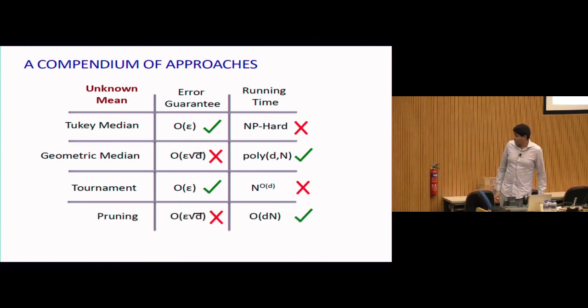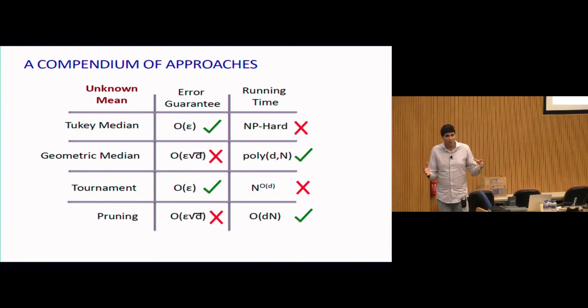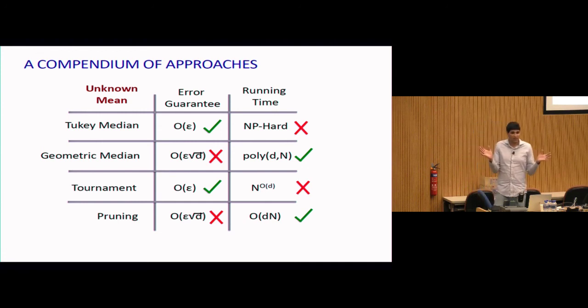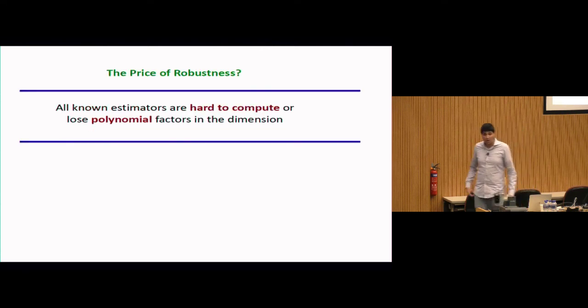And there are even more basic things you can do about pruning, because essentially a high-dimensional Gaussian looks like a uniform distribution over some thin spherical shell where the radius is root d. So if you just throw away points that are just wildly far away from the others, you would end up getting something that's polytime, but you would lose the same root d factor in your robustness. So I'm not going to do this for all of the estimators, but in our paper we have a long list of all of the ones we know of where we broke them.